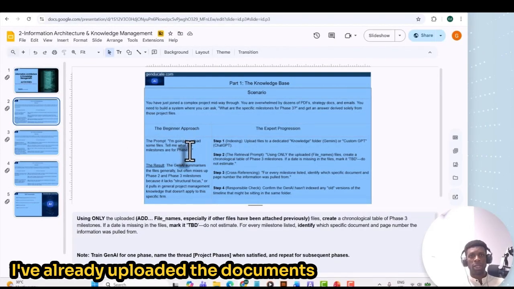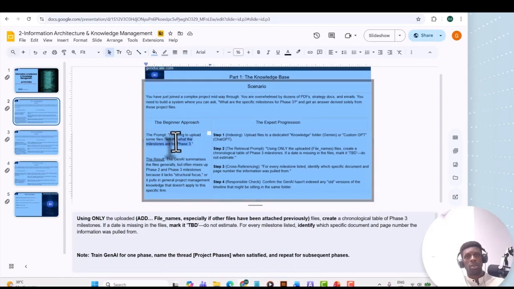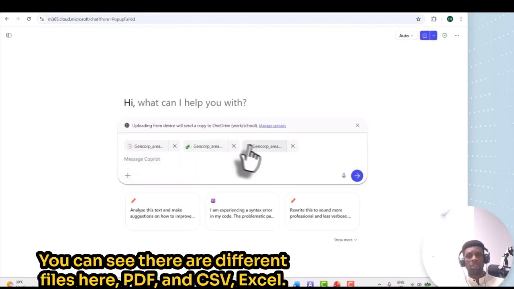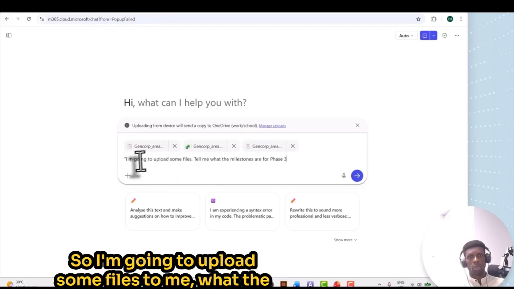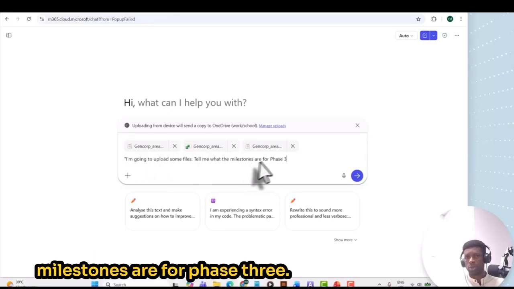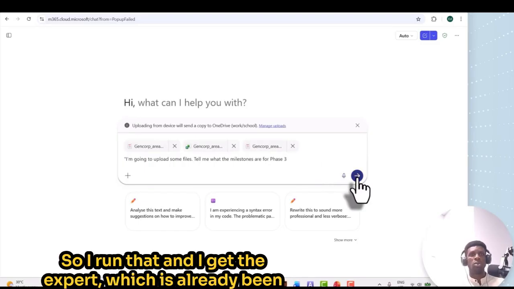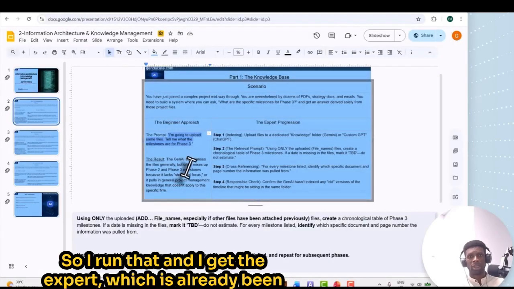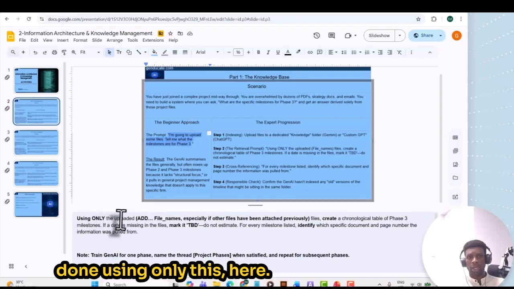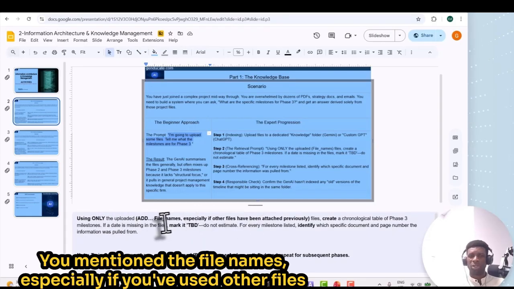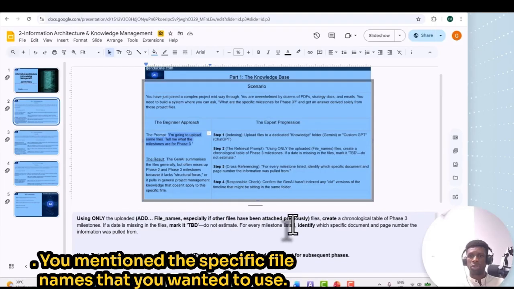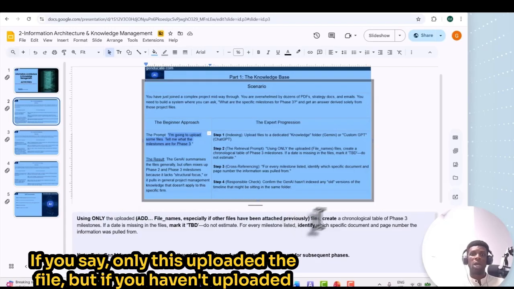I've already uploaded the document. You can see there are different files here, PDF, CSV, Excel. So I'm going to upload some files and ask, tell me what the milestones are for phase 3. So I run that, and I get the expert version, which has already been done using only this. Here, you mention the file names, especially if you've used other files, you mention the specific file names that you want it to use. If you say only this uploaded file, but you haven't uploaded the files